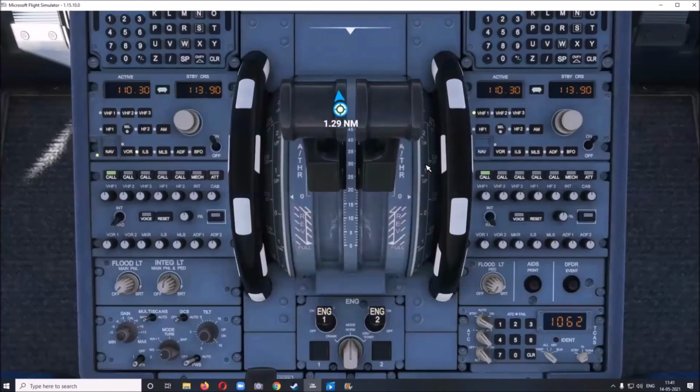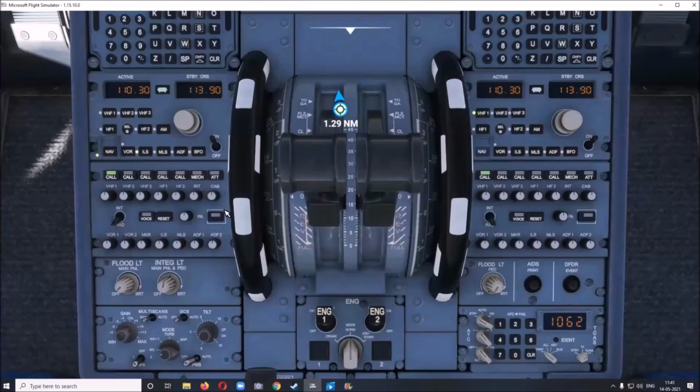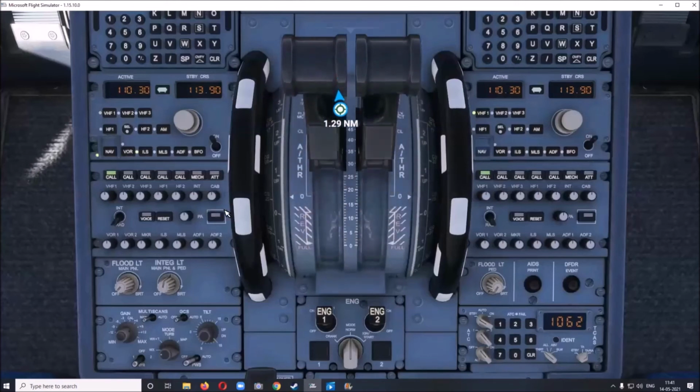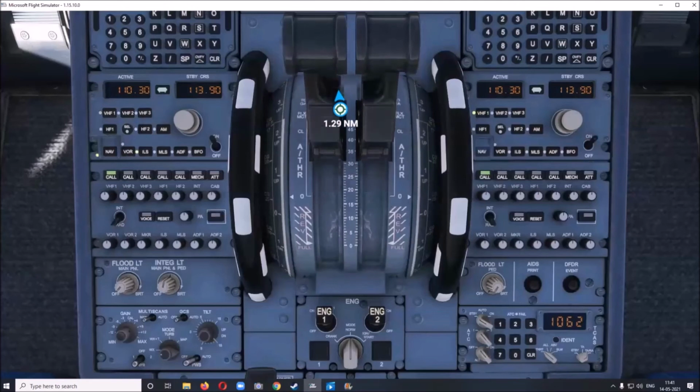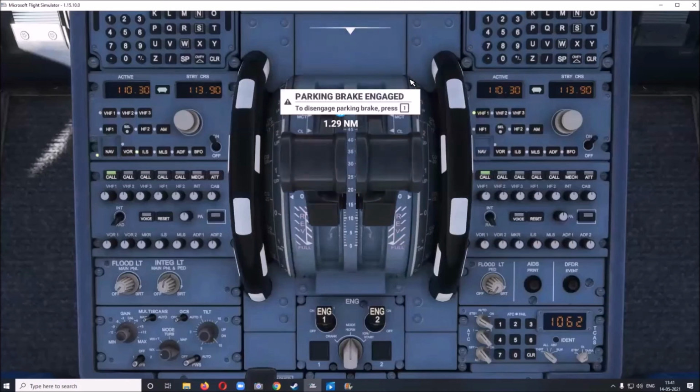This is the thrust lever, which for takeoff you will be setting at FLX, flex, or TOGA.